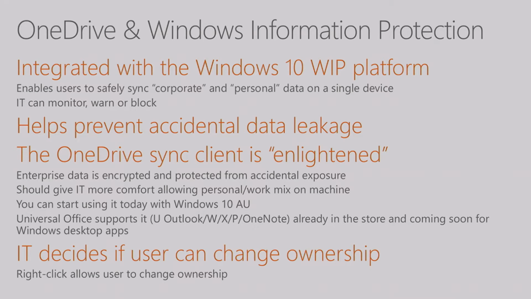And so when you do want to be able to transition between corporate ownership of the file and personal ownership of the file, IT gets to decide whether that's okay. So you can either allow it and log it, so you can have an auditing trail and say, hey, you took this file and you put it in your personal OneDrive, and I noticed that you changed the ownership from us. Why'd you do that? Or you can completely block it so that you are unable to actually change the ownership. And let me show you these two things.